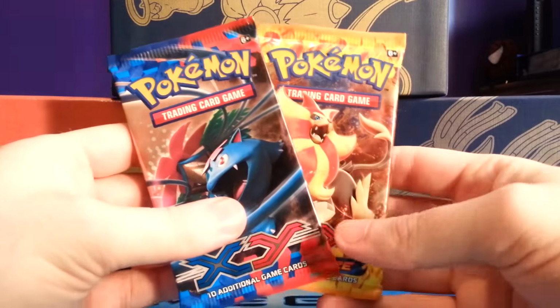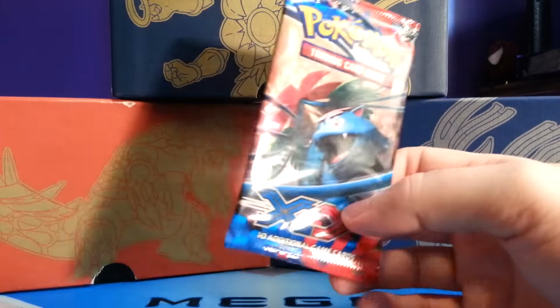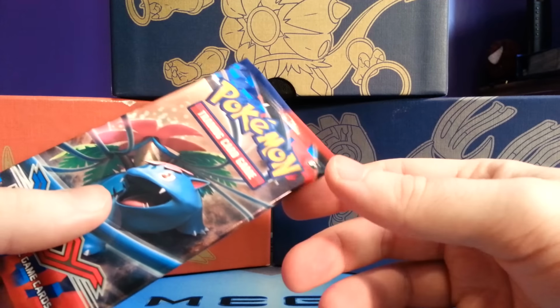Right now, we're going to get right into these TCG Booster Pack openings of X and Y base set and Flashfire, see what cards I get, and give you folks the question of the day to have a chance to win the code card. Let's begin. So we're now going to open up these 2 booster packs, starting with the older one, the base set of X and Y. We'll open Flashfire in a moment, but first things first,